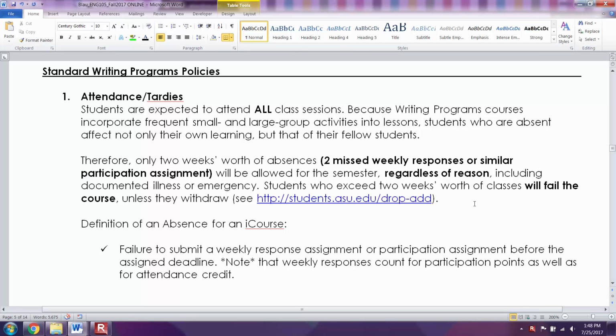So we're picking up on page 5, so we still have a ways to go, but this is the start of the standard writing program's policies. These are not policies that I have put in place at all. These are department policies that are kind of set in stone. So hopefully you don't think that I'm being super mean. This comes from the top, and all writing